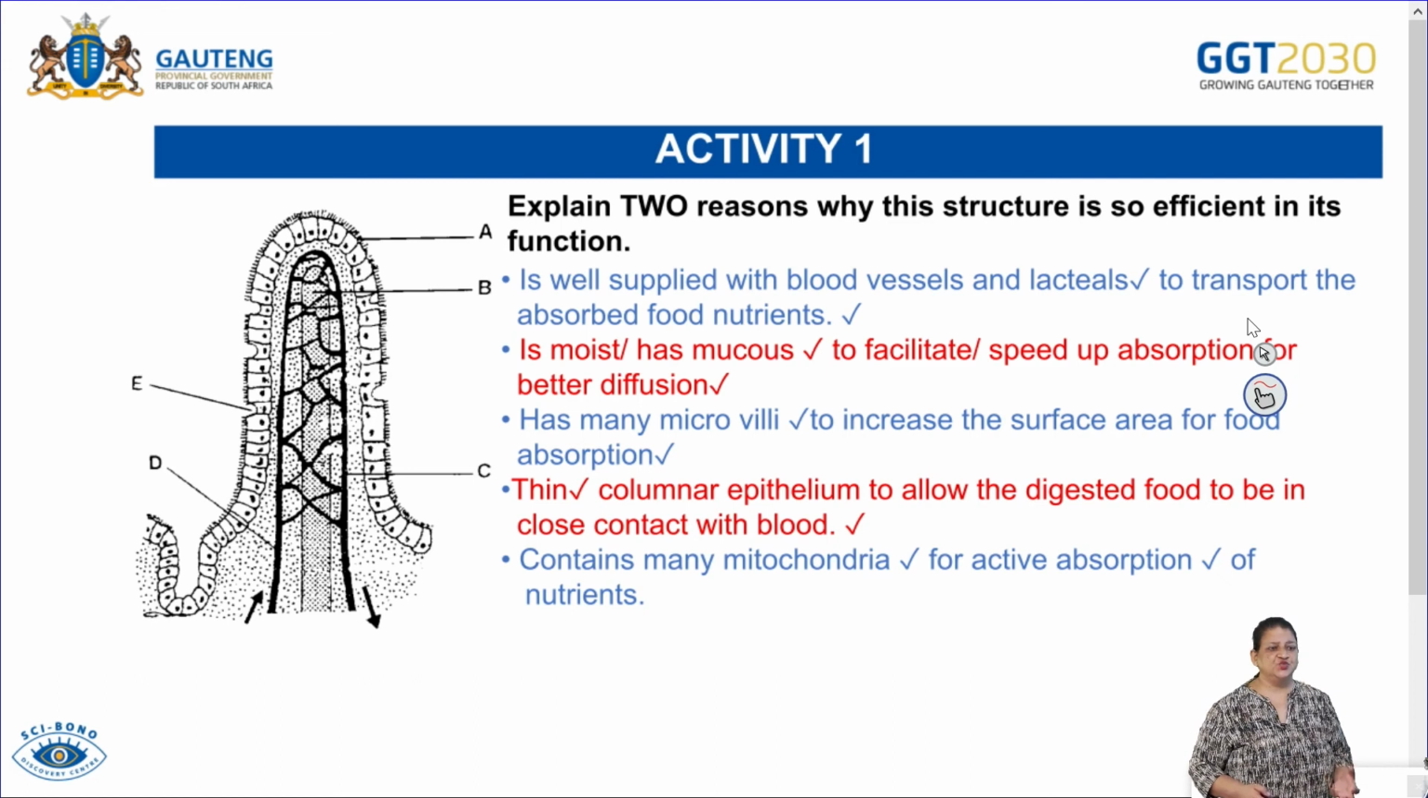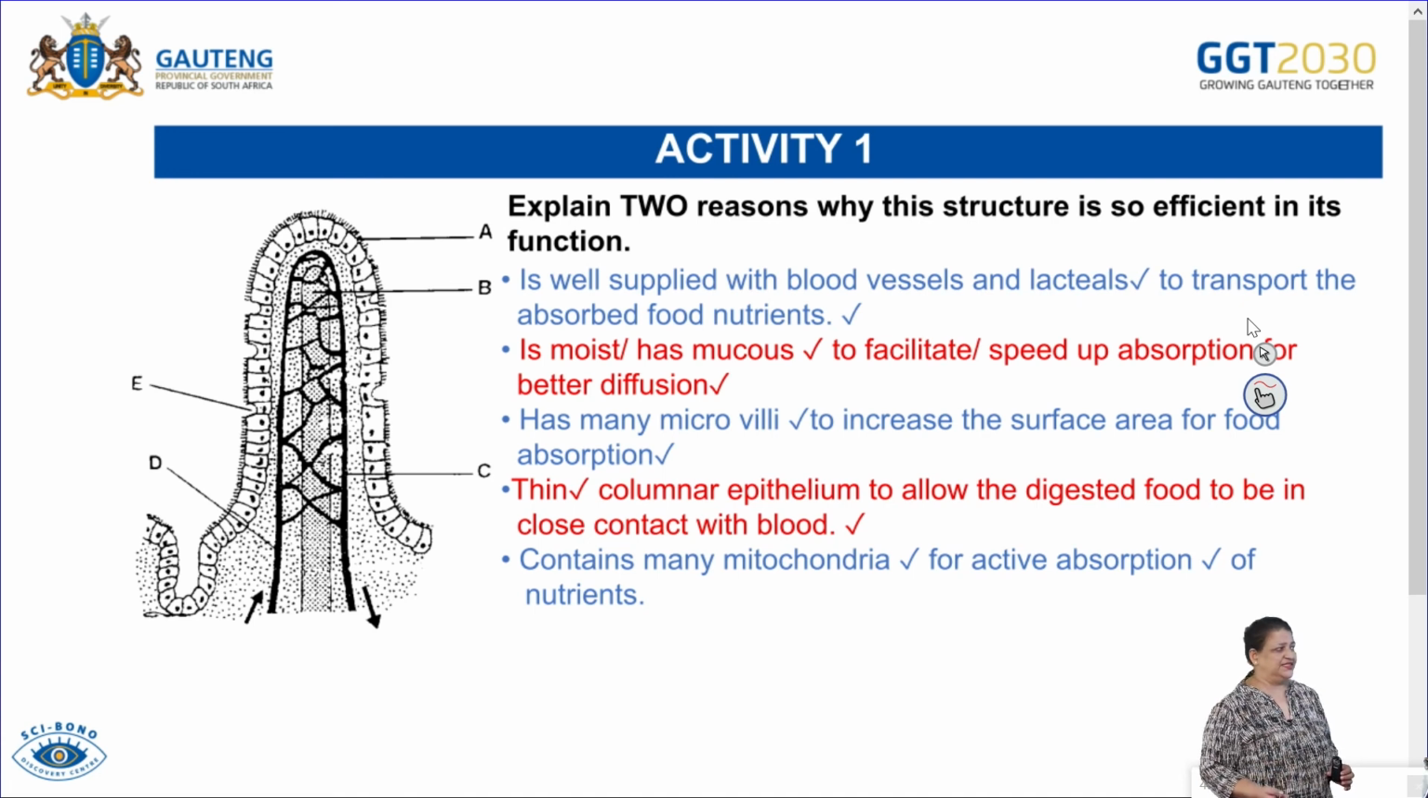Explain 2 reasons why this structure is so efficient in its function. This one you must learn, you must know it, learners. First of all, why is this structure efficient to absorb food? It has blood vessels and lacteals to transport. If you absorb something, you must transport it. So this villus has what? A lacteal to transport fatty acids and glycerol, and a blood capillary to transport your absorbed amino acids and your